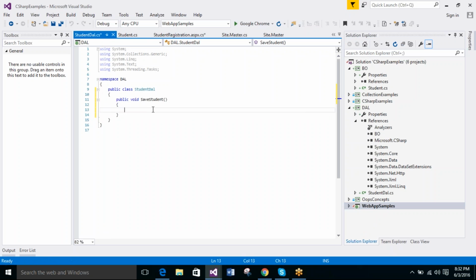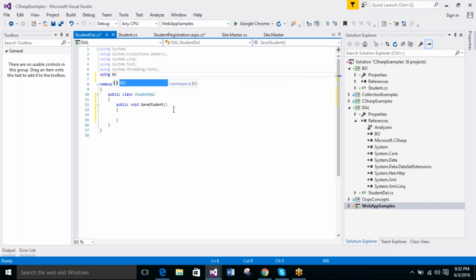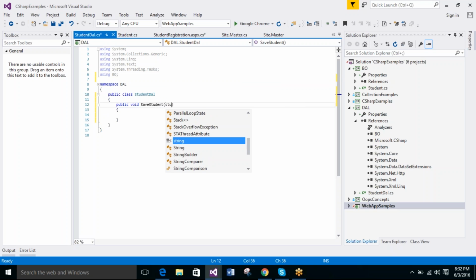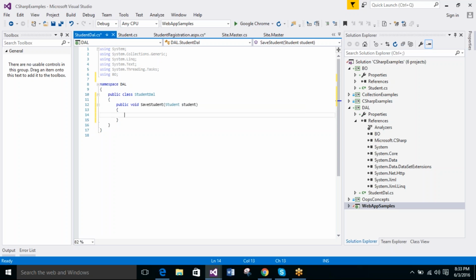so that only I can call these methods from my code behind file, right? Okay. Now we have reference for this data with object using Vivo, right? And next I should have the reference with student class. Student, student, and